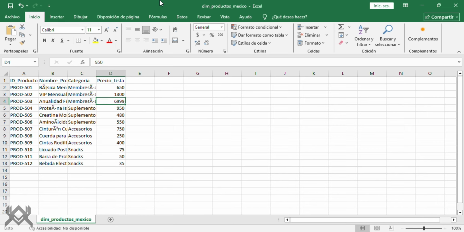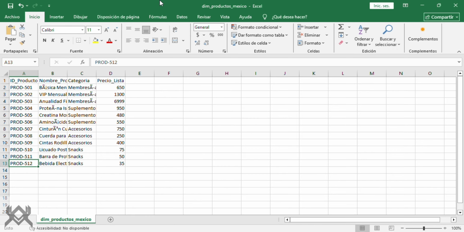In this case, if some data in list price is null, we fill it with the mean value. Okay, if some product ID data is duplicate, maybe we drop it.